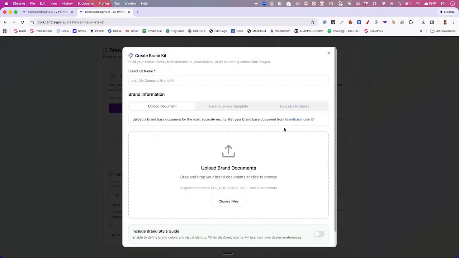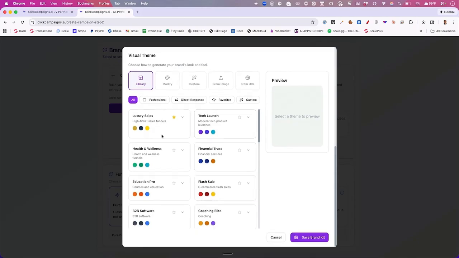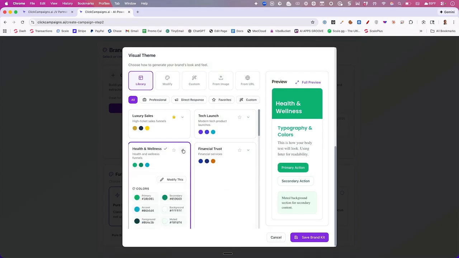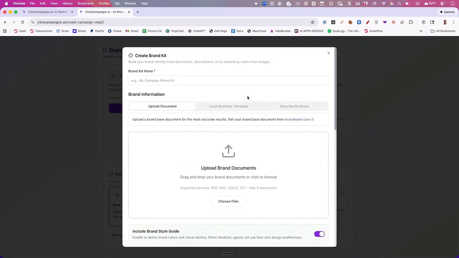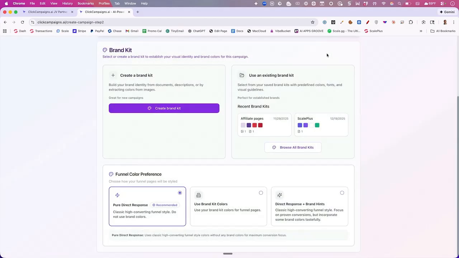And Brand Baser will allow you to create a knowledge-based document. We ask you 20 questions about your business, and then you upload it here, and then you would choose your style guide here. So if you want your pages to look like this, or let's say you're in health and wellness, but this is not the exact green that you want, you click on the modify tab, it opens, and you're basically setting how you want your sites and everything to look. The cheap way to do it is like this, but I already have a brand kit,